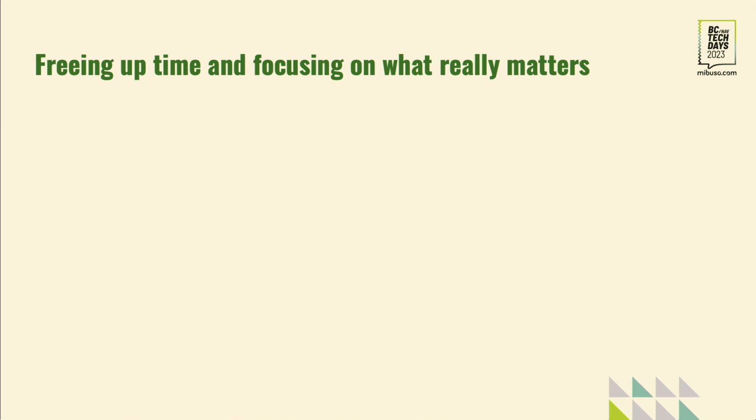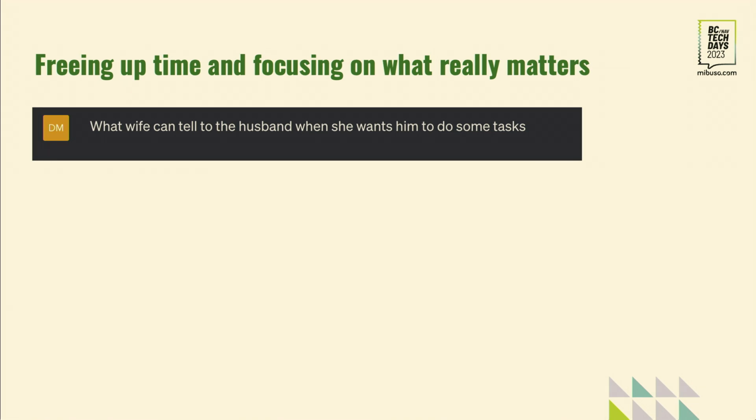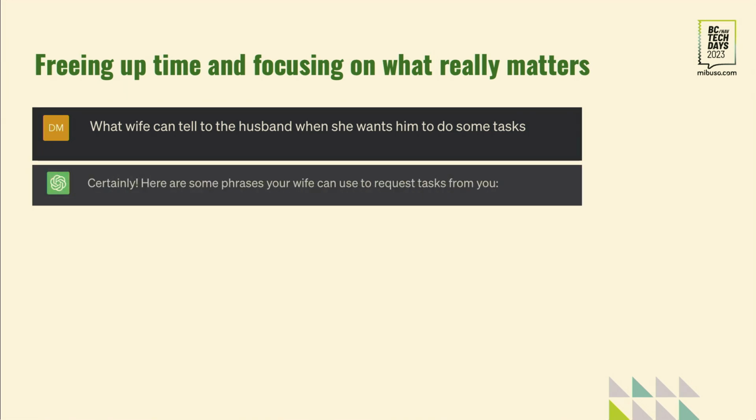And that works, you know. And I actually asked ChatGPT, I was interested, what would a general wife say when doing task scheduling for a general husband? And it told me,